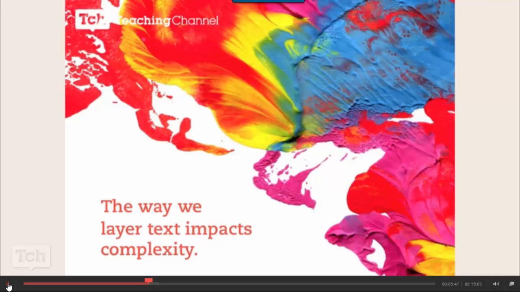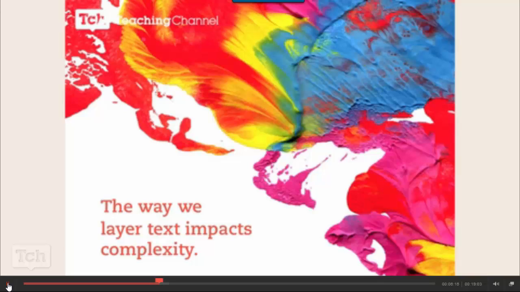Another way for us to really think about text complexity, especially in ways to think about adjusting that text complexity, is how we layer the text that we offer students. So, for example, if we are just giving students a text and keeping that in isolation, we'll be able to teach them some skills in order to make sense of that text. And we might even be able to give them a different kind of genre later and ask them to transfer those skills. But another way to consider this